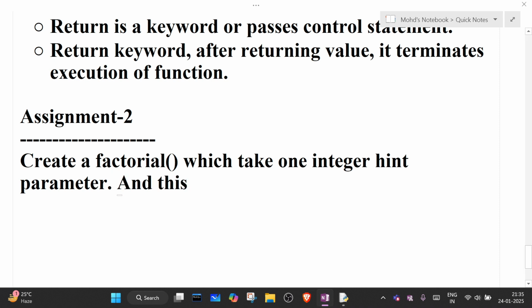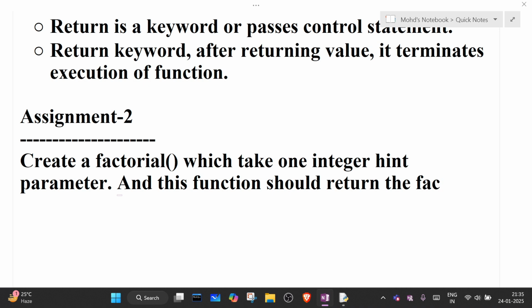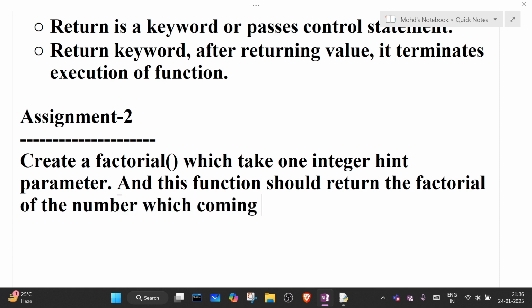And this function should return the factorial of the number which is coming from the parameter. Okay,